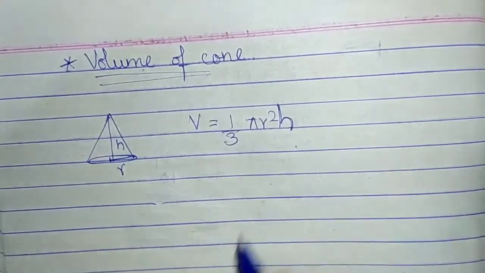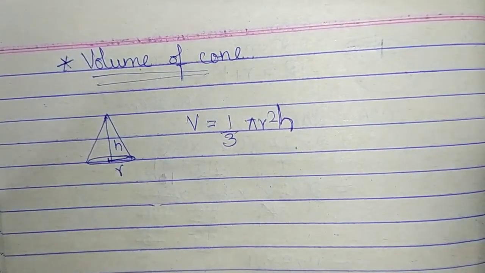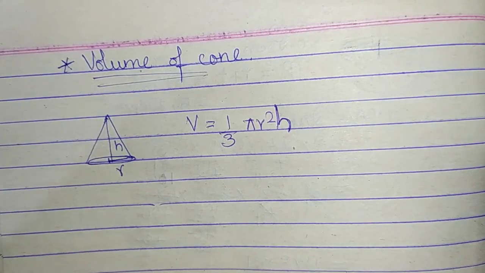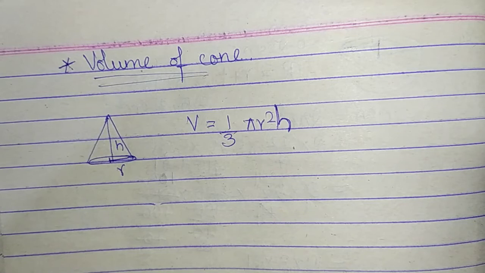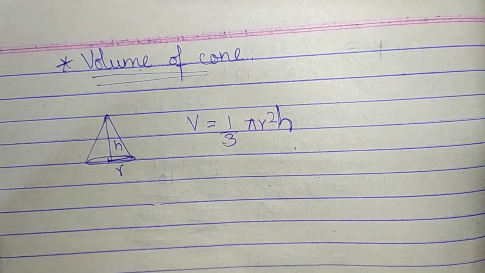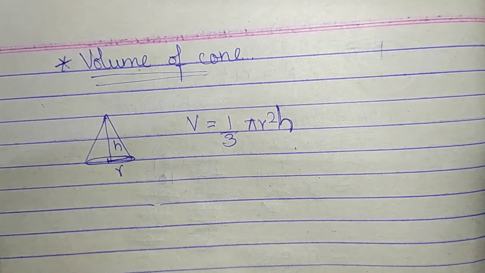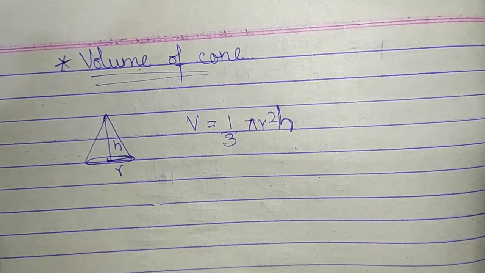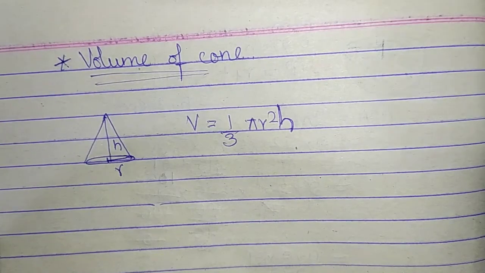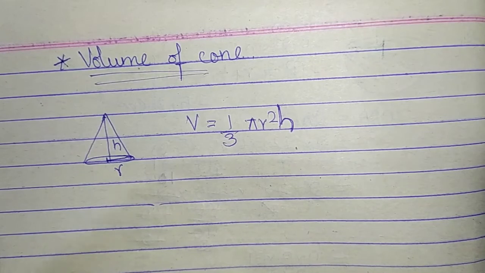This volume is sometimes also referred to as capacity, because volume is nothing but capacity to hold or capacity to occupy. So volume occupies a space, the capacity to hold some space inside it. So if they ask you a question asking you to determine the capacity of something, then they mean for you to determine the volume of that object.